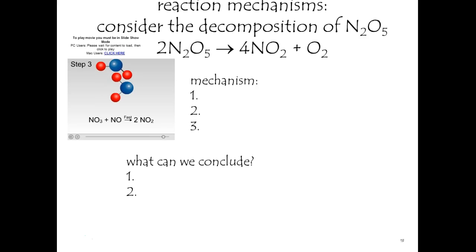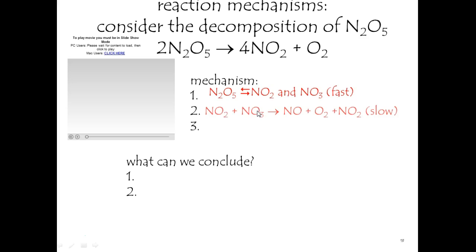And there's step 3. Now, if you'd actually written each of those down, you'll get step 1, step 2, and step 3. Let's mention them very briefly. So first it decomposes to nitrogen dioxide, fine, but also some nitrogen trioxide, which isn't even shown here. That nitrogen trioxide then reacts with what it broke into to give you nitrogen monoxide, once again not even part of the overall formula. Some oxygen, aha, that showed up, and some more nitrogen dioxide, which is part of the